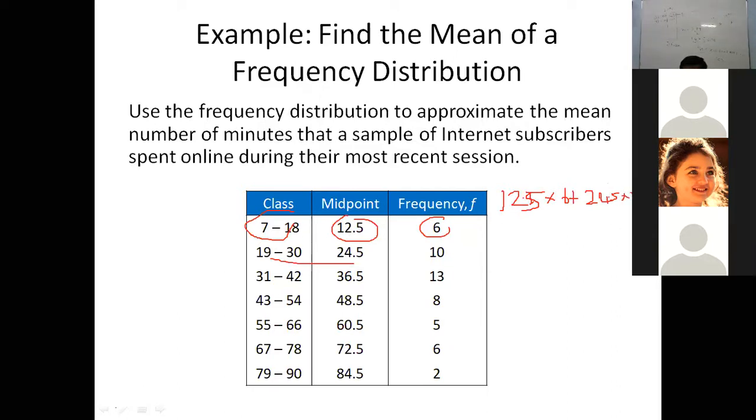So likewise, you'll have to include all the values, right? Whole thing divided by the total number of frequencies. What is the total number of frequencies? Somebody? So that is 6 plus 10 plus 13 and so on,